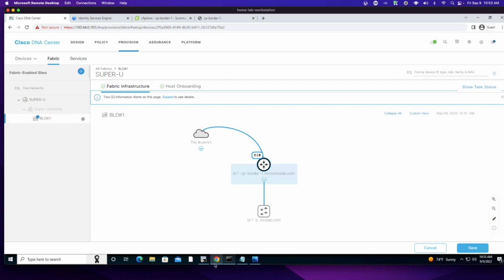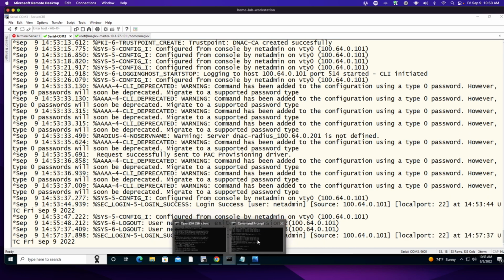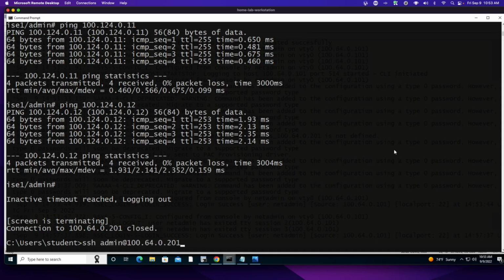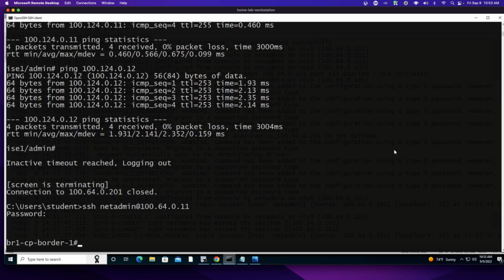But before I do anything, let's take a look at the running configuration on that device. So I'm going to SSH over to my CSR. Let's say this will be netadmin, and I'm going to connect to 11. Let's see if this works. Nice, that's cool. And you can see I'm on the border node. And if I say show run | include